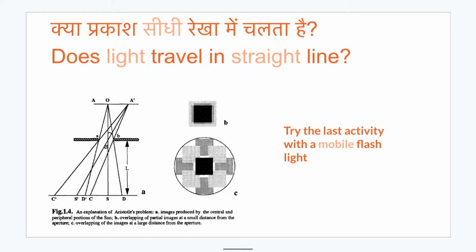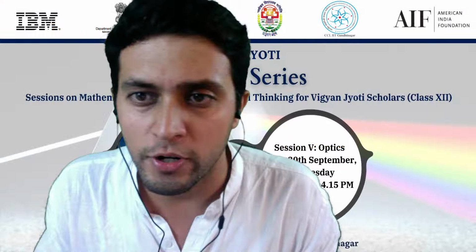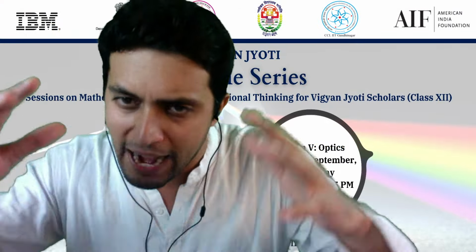So as you can see over here, and I'm not getting into details of this, but I would just repeat the entire thing using the mobile flashlight, and we will be able to understand what I'm trying to say. So what is Aristotle saying, or what are the other people who are trying to argue with Aristotle? They are saying that, see, you have an object which is not a point object, which is actually a larger object. It is not a point object, right? Does that make sense? Do you understand the difference between a point object and an object which is not a